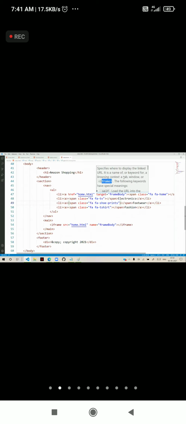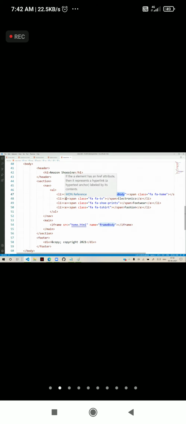So currently I showed you tab and window. Now you are seeing an iframe. There are other options like self, blank, parent, and top. They say that all these are going to open in self only. Currently all are behaving as self, because of other old version browsers, which are not supported now. So it can be a tab or a window or an iframe. Currently we are using the iframe name.